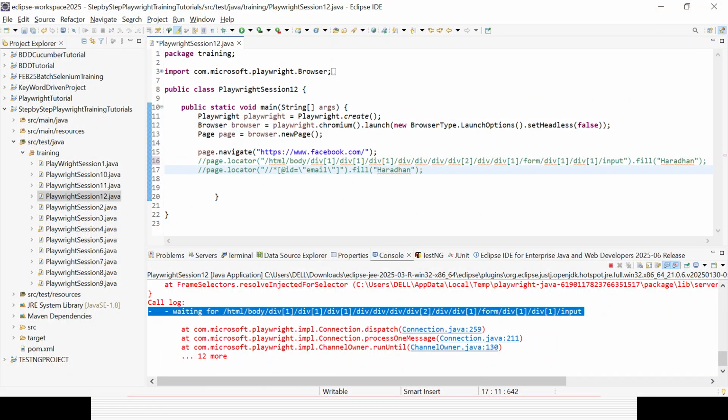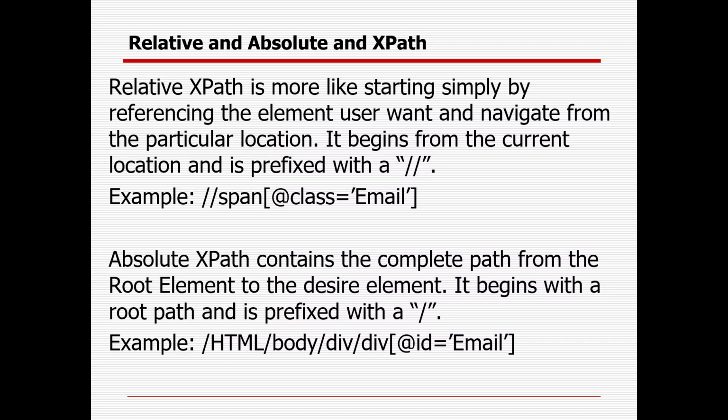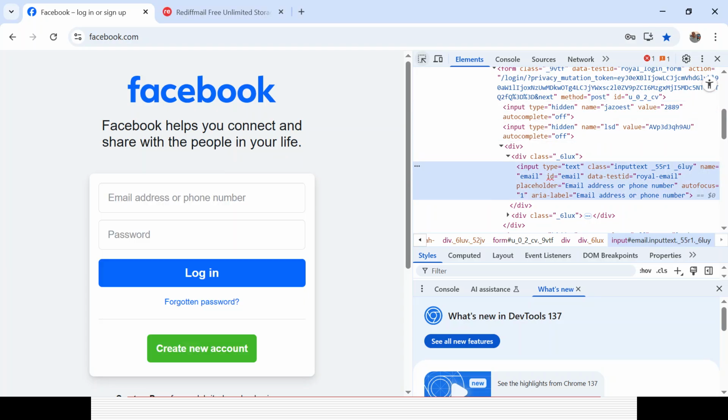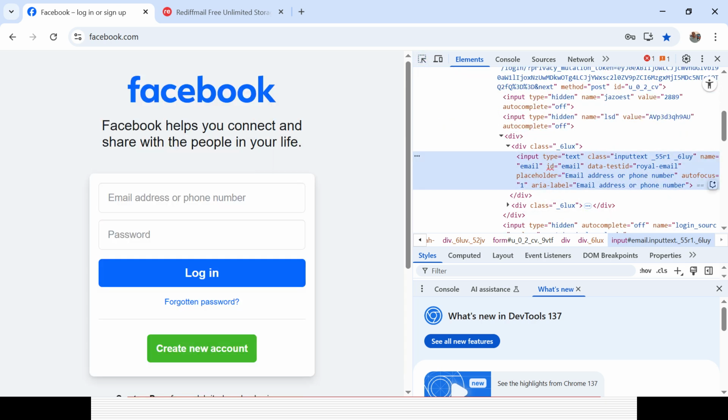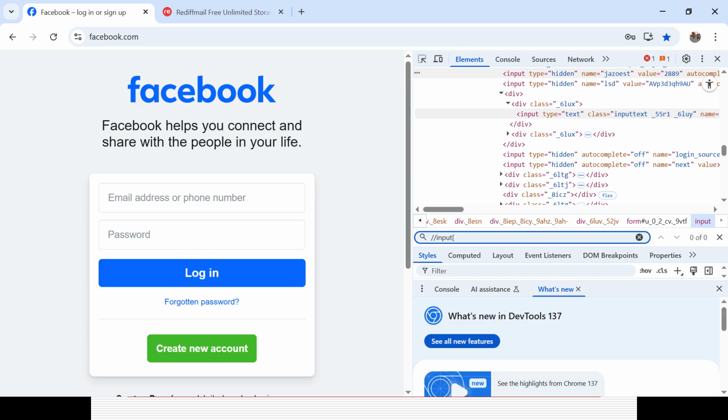Now we'll see how to create our own XPath. This is the strategy we can follow to create the XPath: slash tag name, attribute name equal to value within the first quote. This is the input tag, and you could see there is an ID or name field with the value email. So after inspecting the element in the page, let's press Ctrl F and give slash input. This is the tag name, then slash tag name, third bracket, the attribute name equal to, and then the value, email, within the first quote,